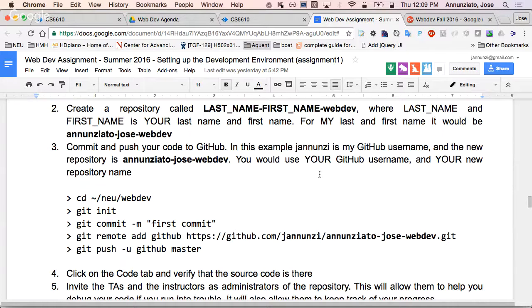Also, anytime you ask a question on Piazza, please provide a link to your GitHub account. If you've debugged this, and hopefully you've debugged this already, provide links to the file where you think the problem is. Navigate on GitHub to that file. It says, I think the problem is these two